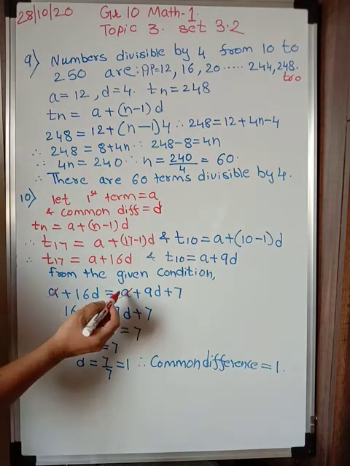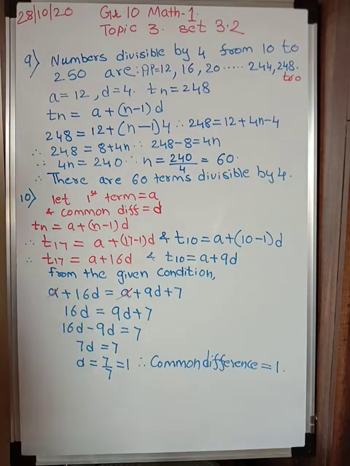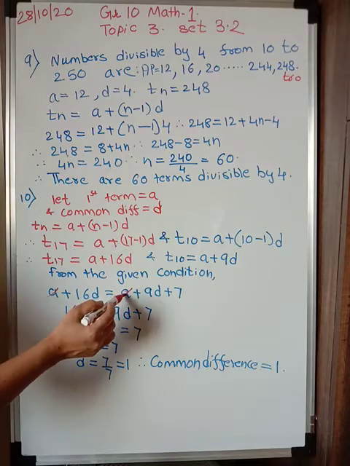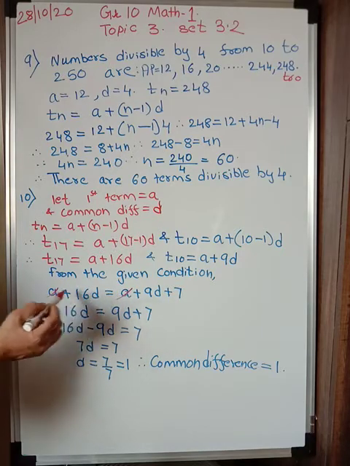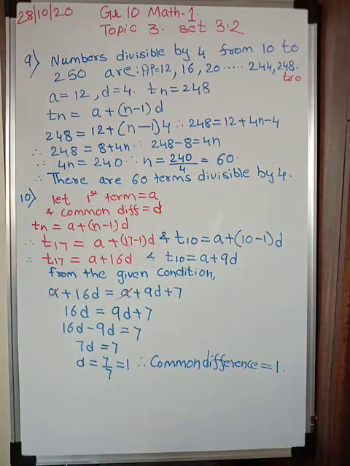Now why is this A cancelling? If I shift A over here, it will be A minus A, which is 0. Alright. So if you have the same terms on both sides of the equal to sign with the same signs, you can directly cut them. Is this clear? Okay. So this was the last problem from 3.2.